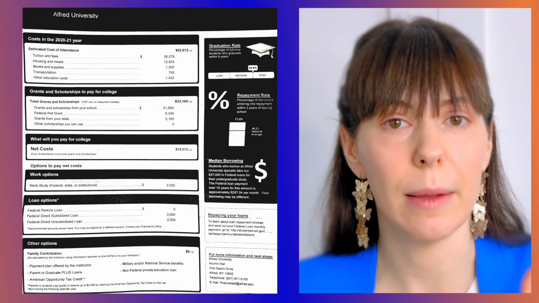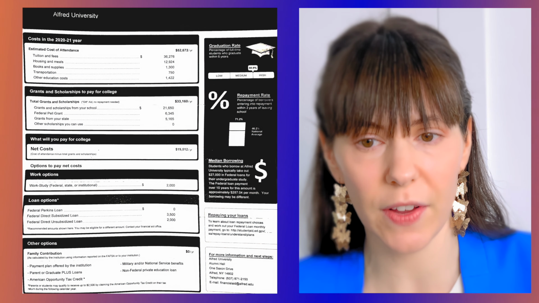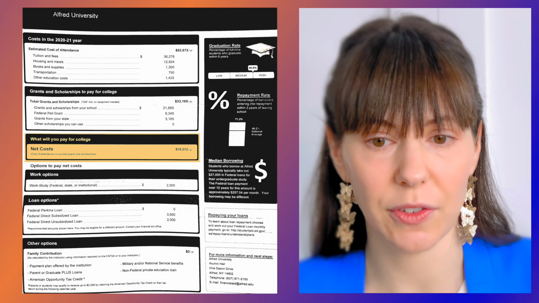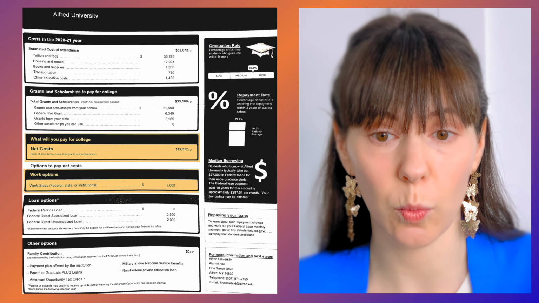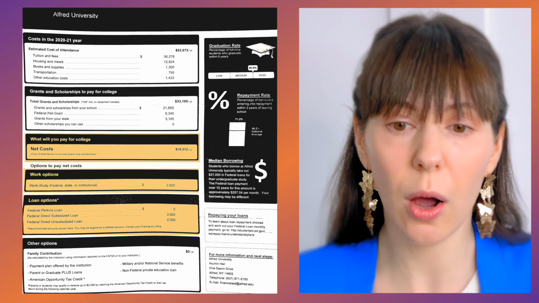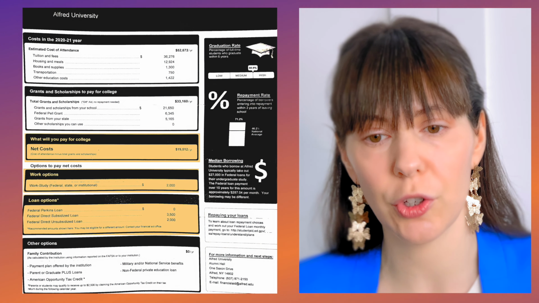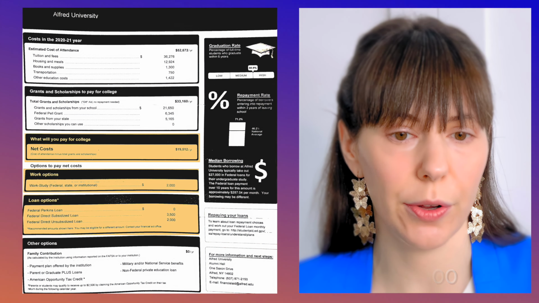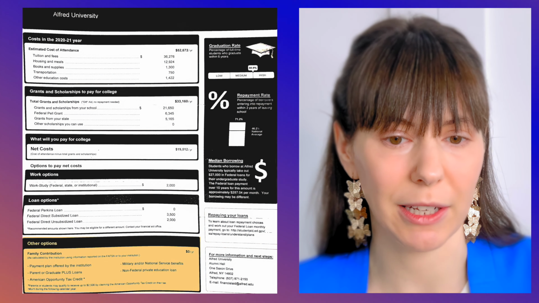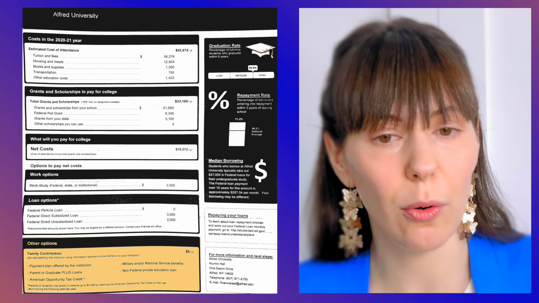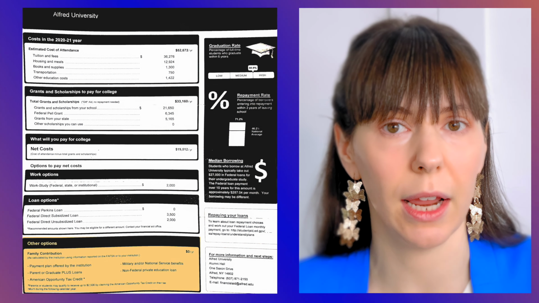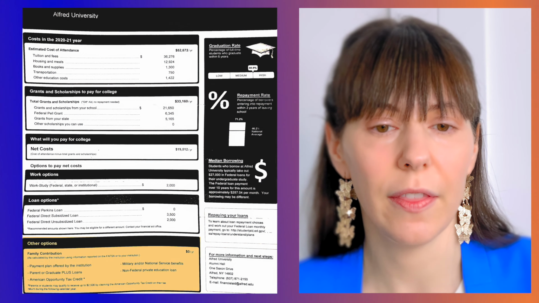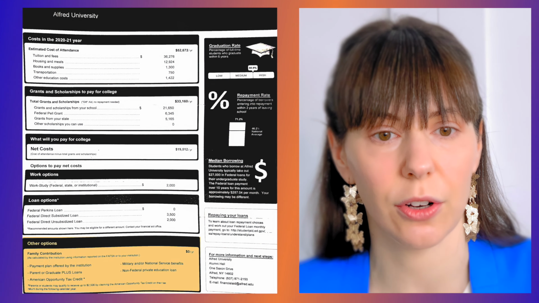So now it is incumbent upon him to do the math, him and his family, to figure out that for the $19,000 that he's going to have to pay, he has $2,000 in work study and $5,500 in loans. Oh, okay. So his expected family contribution is actually only $12,000. But nowhere on this letter do they do that math for you. Even though they tell you that the expected family contribution is 0, they know that, but they also can't give him enough money to meet the actual need that he has. So he knows, after he's done the math on this letter, that he has to find $12,000 a year if he wants to go to Alfred.